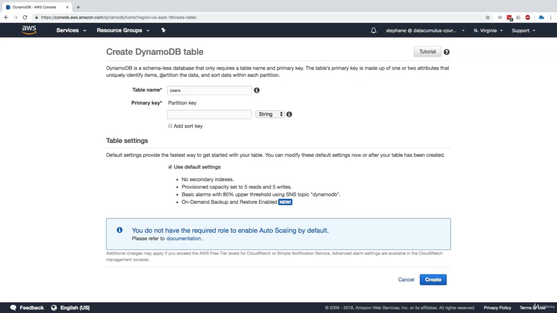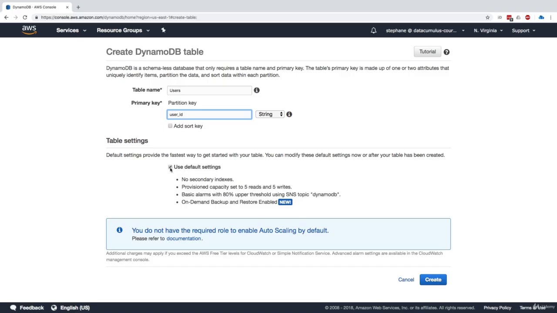Now for our users, we need to define a partition key. So I can use user_id. And by the way, you're very free about how you want to name your columns. I use underscores, but you're free to do whatever you want. The user_id for me is going to be a string, but we could have it as a binary or a number. Now, we're not going to add a sort key just yet. We're going to start simple. This is a users table, and user_id is going to be unique. Within that users table, we're going to share information about our users.